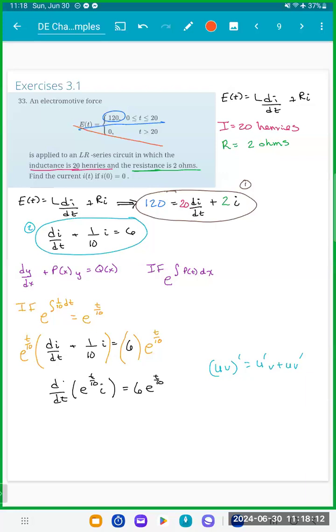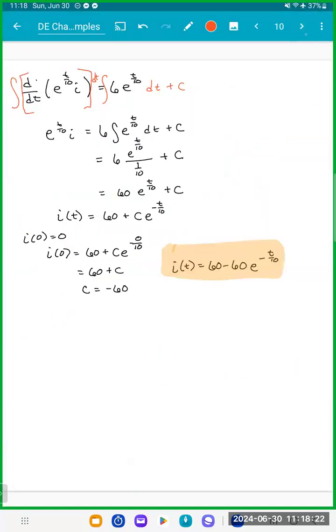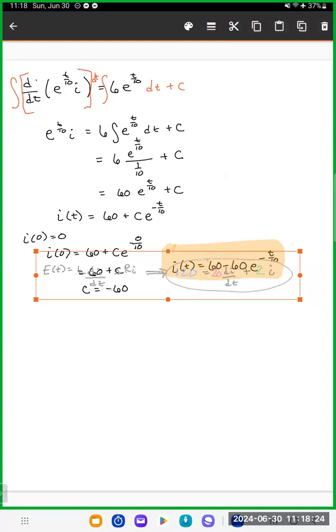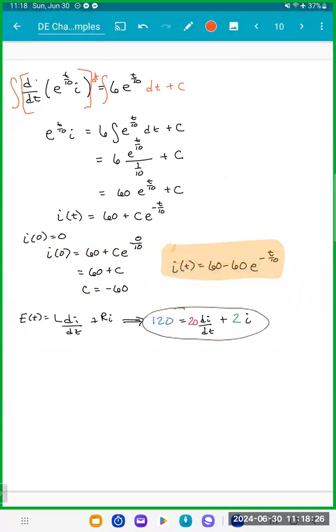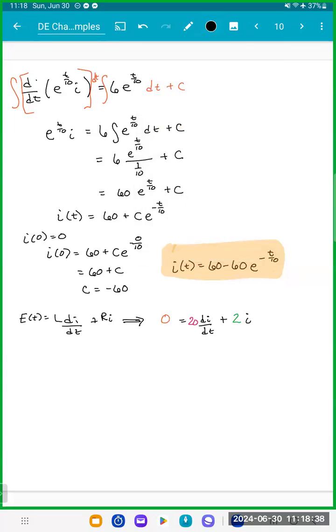So we can take this portion of the equation here, except now instead of the 120, we're going to be at 0, right? So when we simplify this one, we get